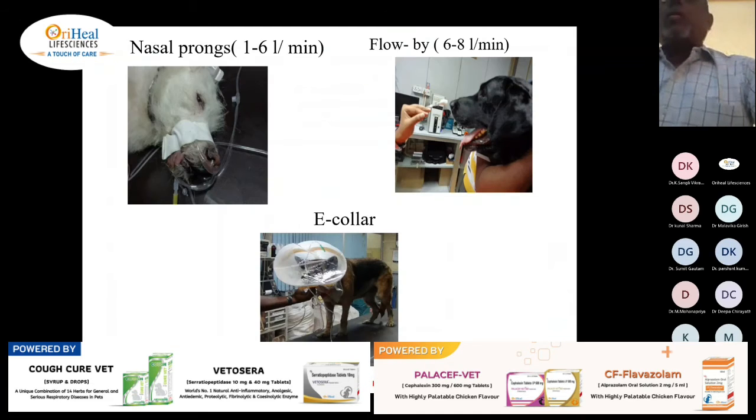So nasal prongs are very good. You should be able to suture these nasal prongs to the nasal cavity, above the nasal cavity, so that it is useful to give oxygen for a longer duration of time. Not only for that purpose, supposing you are intubating a pug with a